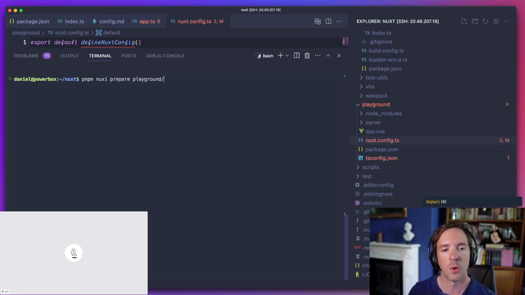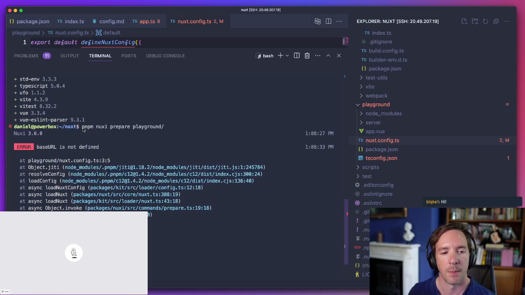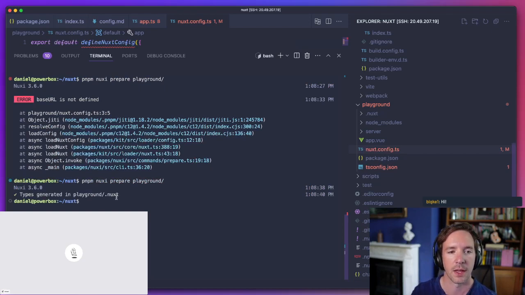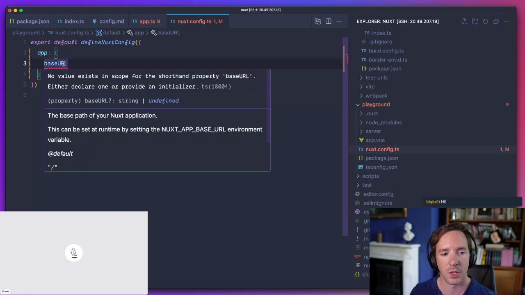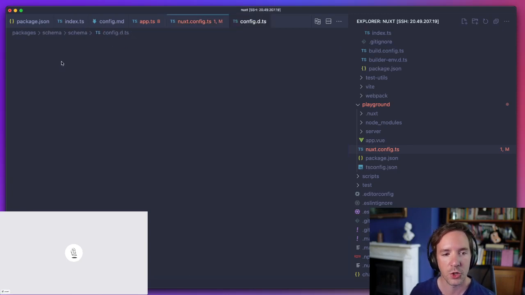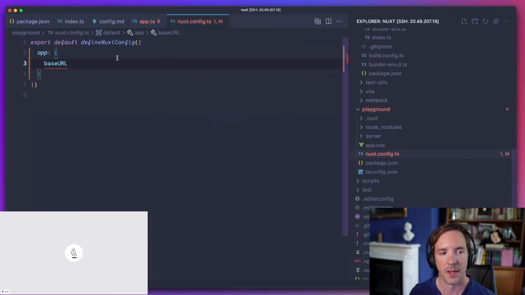run prepare. So when you install the Nuxt project, you need to do this as well, and it actually runs by default the first time you install it, but you need to run this Nuxt prepare command, which generates all the types in the TS config, which is the very question you were asking about. And that will then empower TypeScript to know everything that is going on here. So here, if we were typing app.baseURL, you'll actually see that the default value here is resolved at the type level in the JS comment to be the actual default value based on the schema. So that is quite fun.